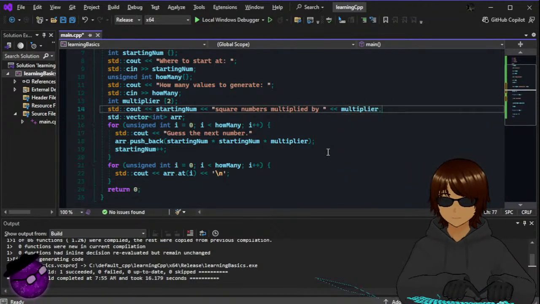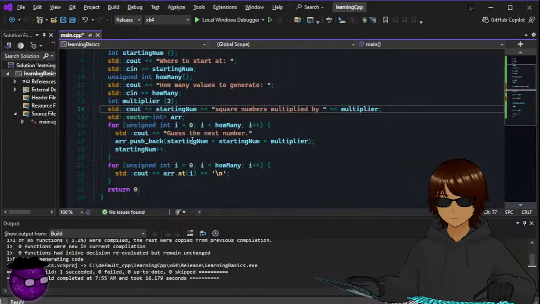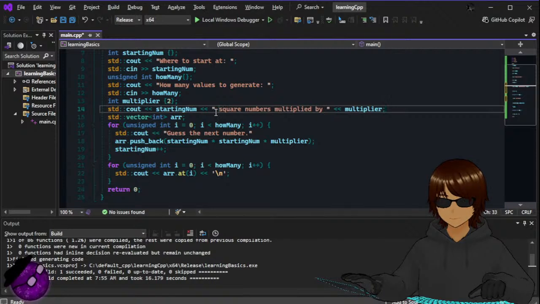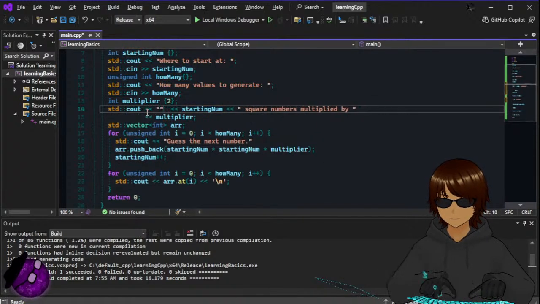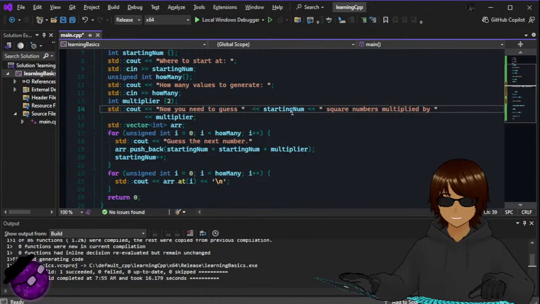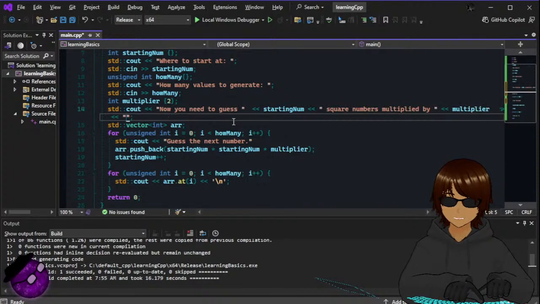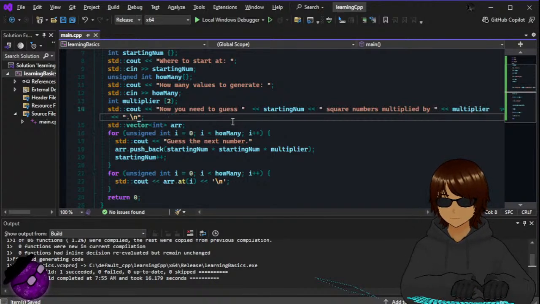By multiplier. Now you need to guess these many square numbers multiplied by this, and then